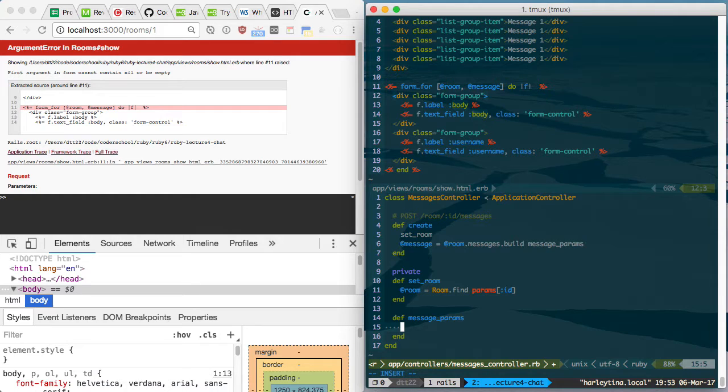Still follow me, right? Params dot require message dot permit body and username. Yeah? Can you explain build real quick? It's built just to make it clear. It comes from this, has many relationships. So this line is the same as